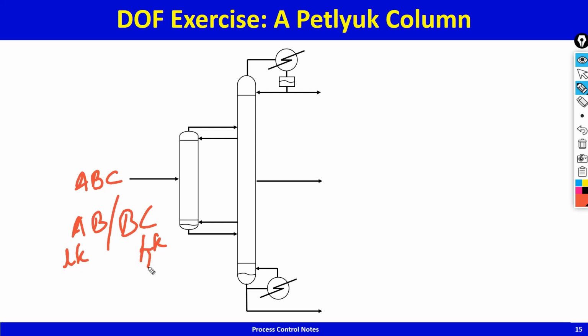So what happens is the top vapor that leaves the process is AB, very little C. The bottom liquid that leaves the prefractionator, this is called the prefractionator, is BC with very little A. And now when you distill this vapor again,